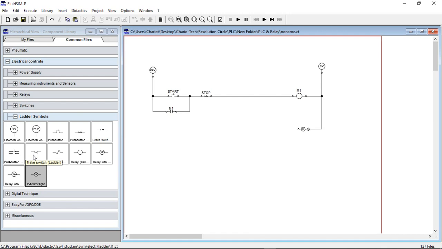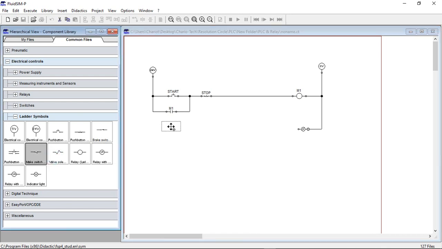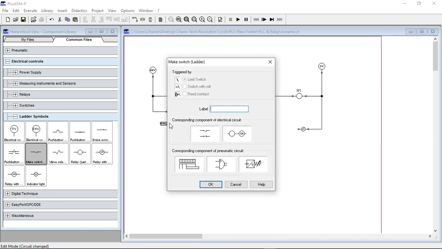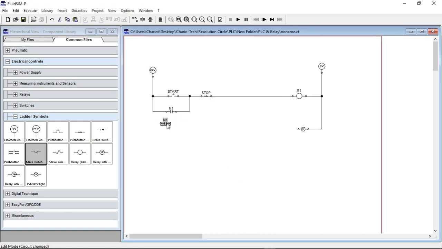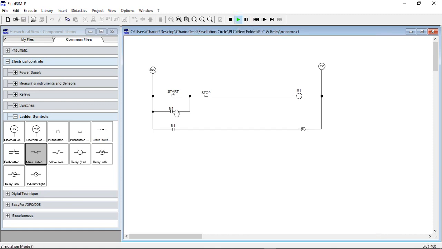M1. I can then take this contact, place it here, double click on it, link it with M1. When it's linked to M1, it will become a normally open contact. Then make a connection, then I can power it. Okay, so I'm done with my first run. So let's run and see how my system will look like. When I press play, then when I press start,